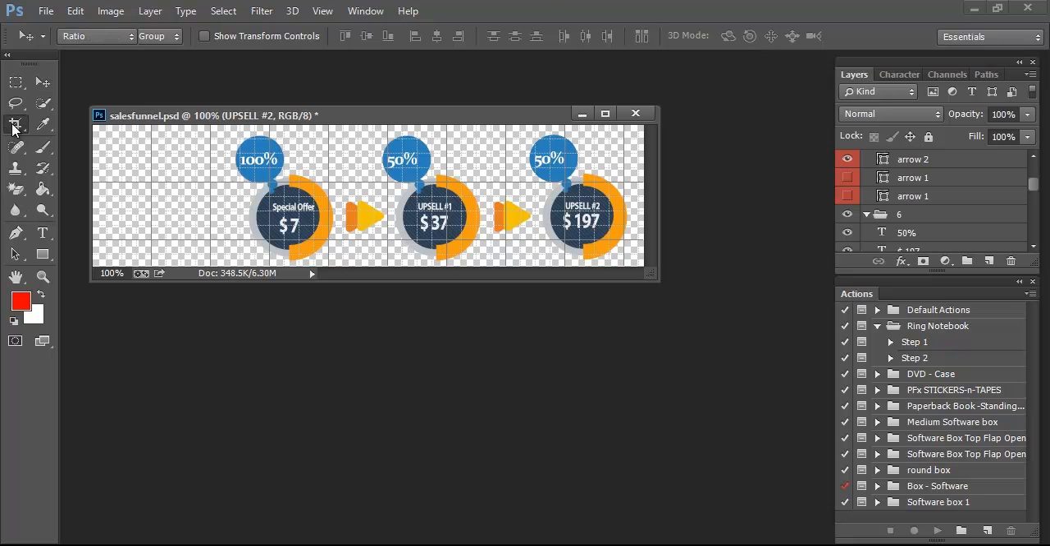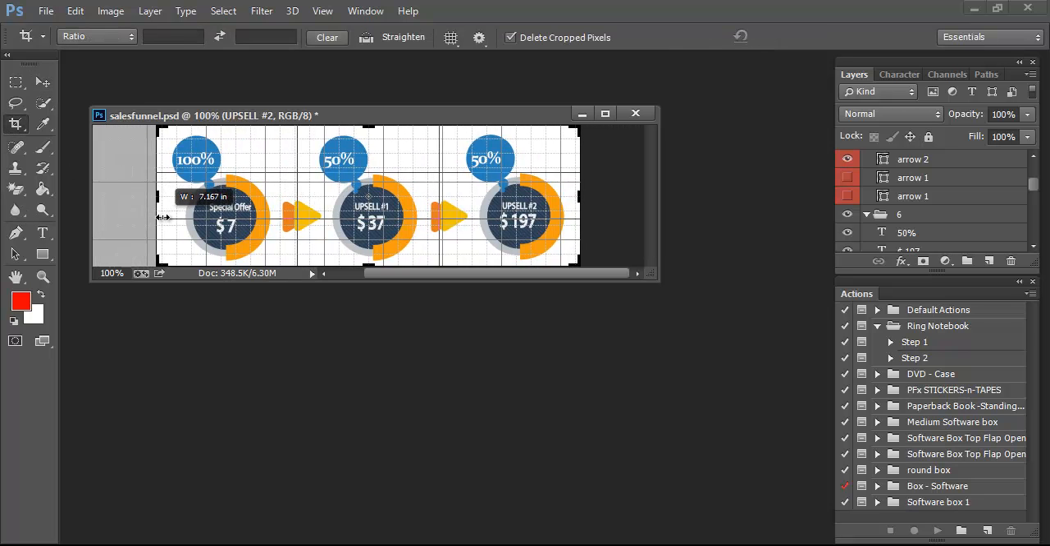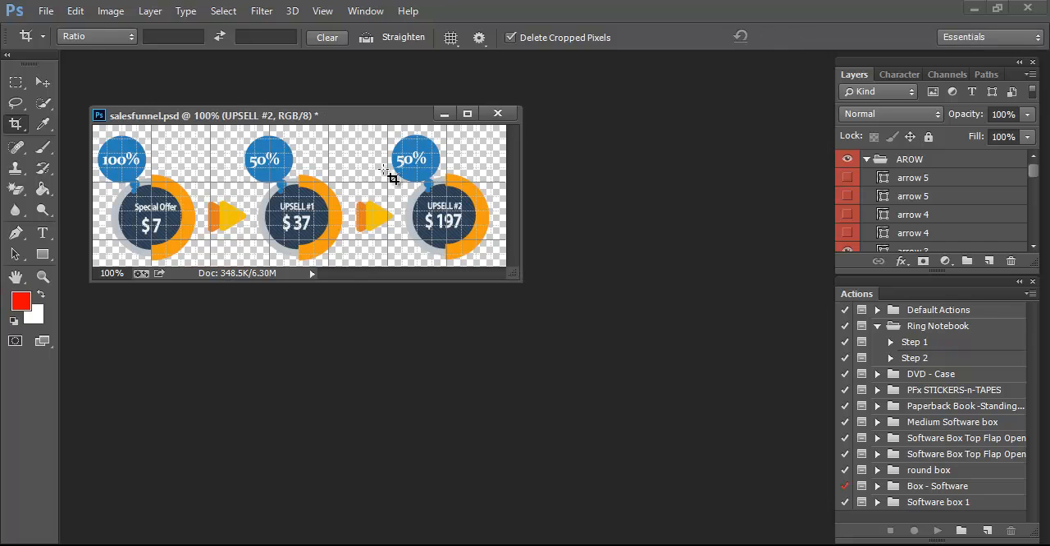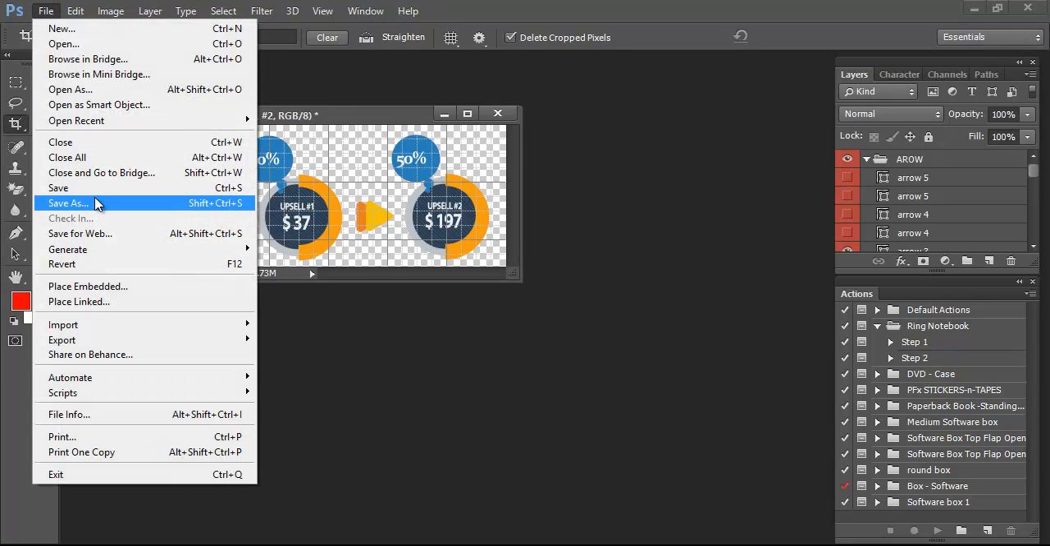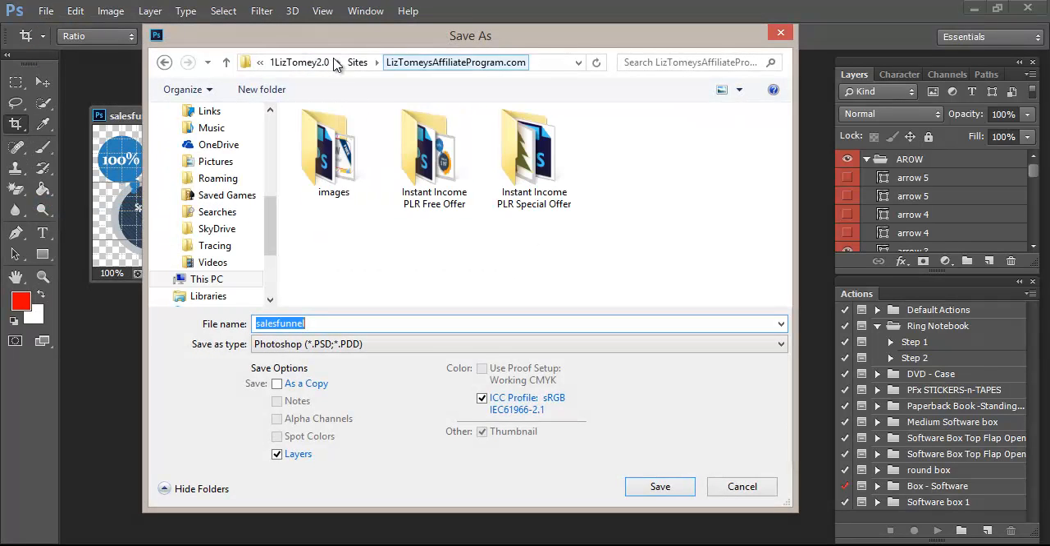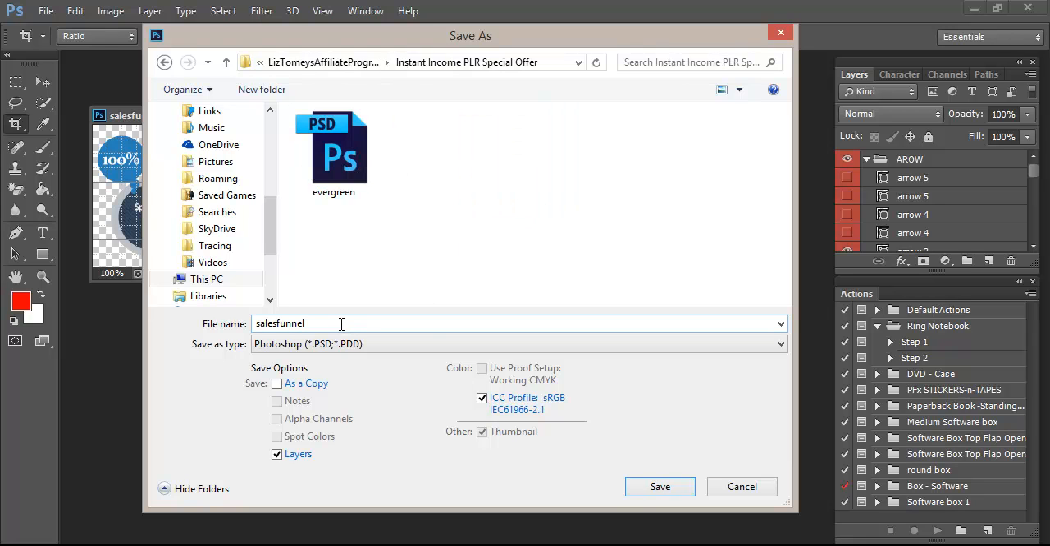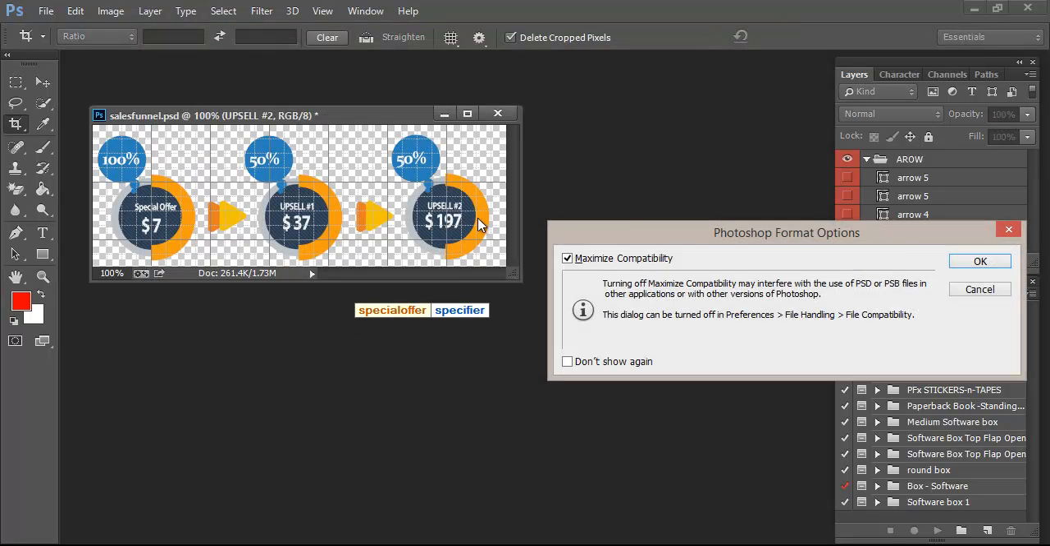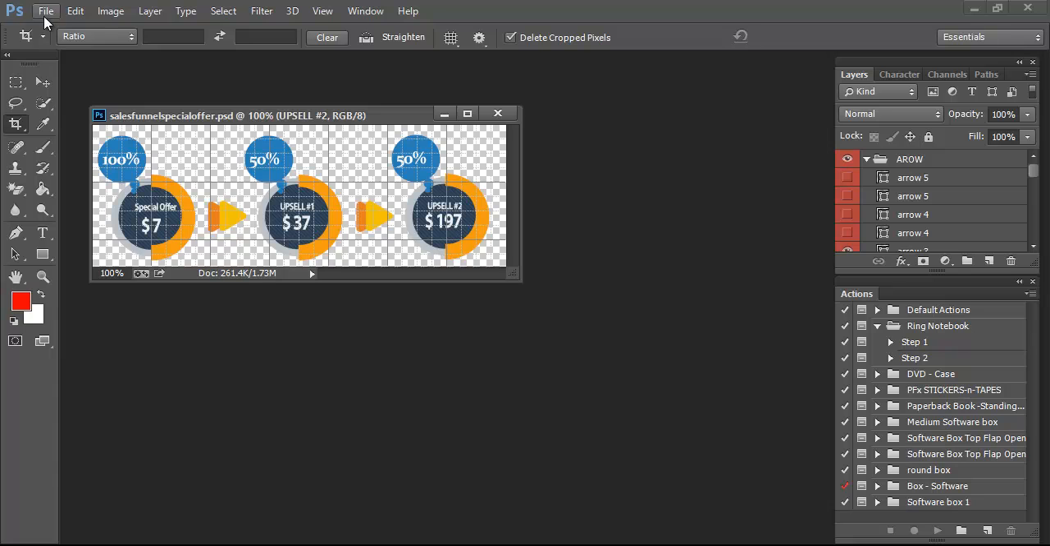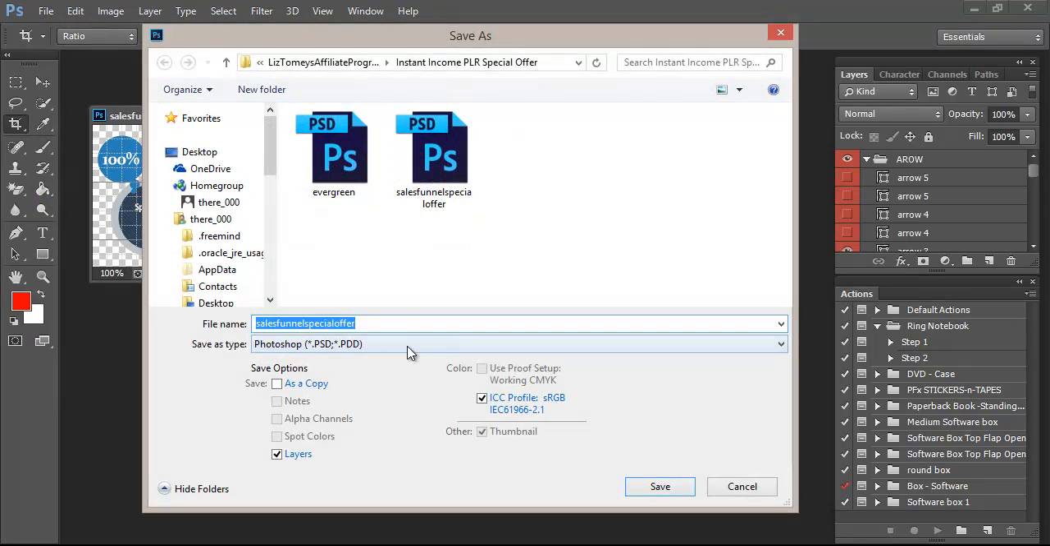there we go. So now I'm just going to go like this, and I'm doing this for time's sake. So file, save as, and this is going to go in my folder for Instant Income PLR special offer. I'm just going to call it sales funnel for special offer, and I'm going to save it as a PNG,